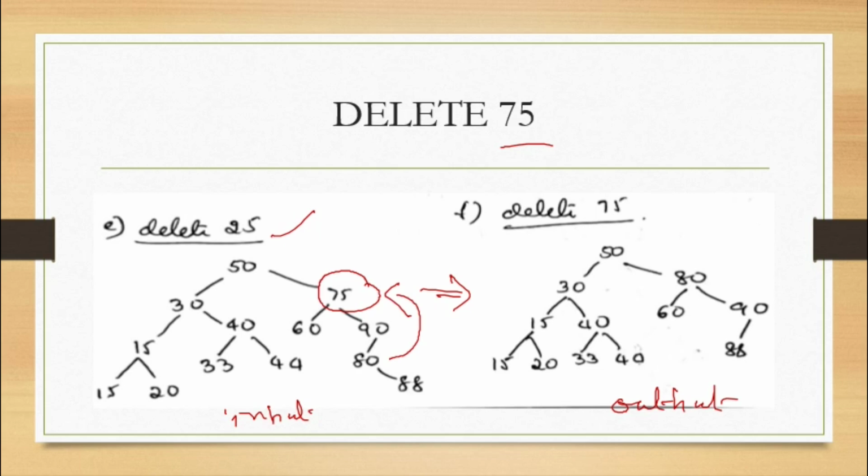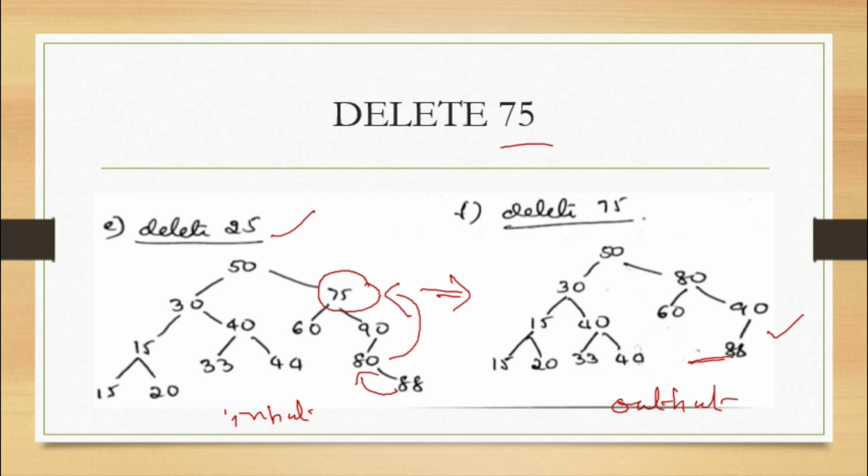All other things will remain the same. Wherever 80 was there, that number will go, so 88 will replace that position. So that is how you get this. And 60 is to the left of 80, and other things will remain the same. So this is our deletion operation, again the two child case deletion. I hope you have understood it. If you don't understand, please go through the videos once again, you will get it properly.